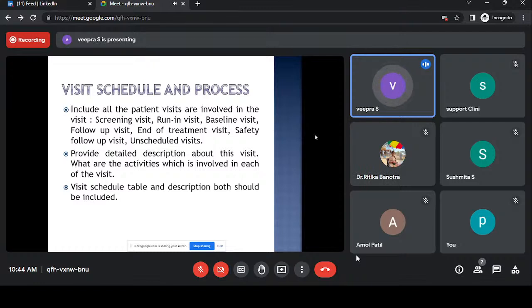Then after that, it will go to the visit schedule and process. In the visit schedule and process, usually there will be a table. So here in the table, it will contain which visits need to be conducted, and in each visit,